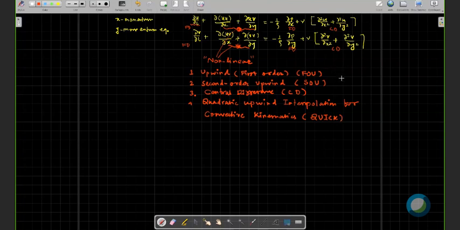So here, in this case, only one point is considered. In this case, 2 points are considered. In this case, 3 points are considered. Three face center values are considered: two face center, one face center. So if you increase more terms, you are going to increase the order of accuracy. More accurate.